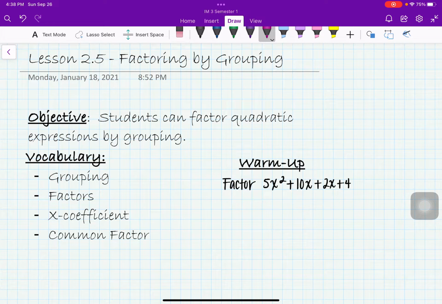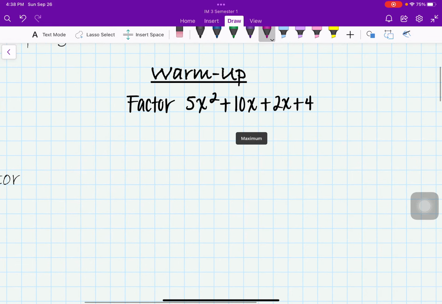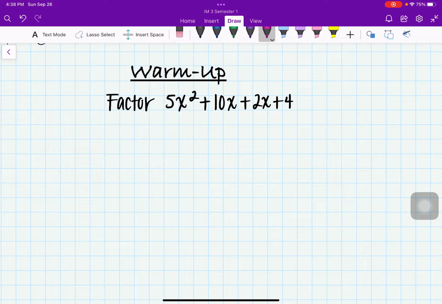All right, so we're going to go ahead and get started on lesson 2.5 here. We're actually going to get started with the warm-up, as the warm-up shows us how the new method we're seeing today, which is grouping, works. So in this case, I want to factor the expression 5x squared plus 10x plus 2x